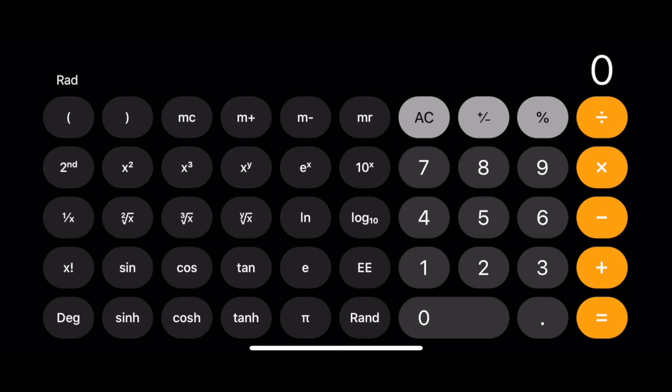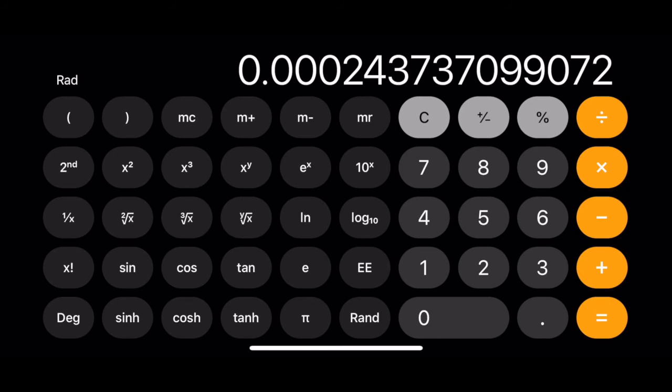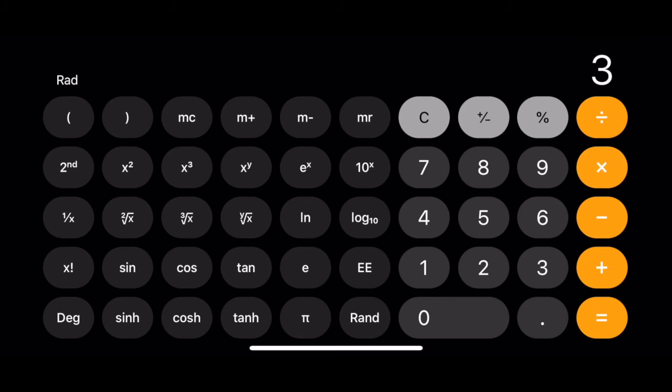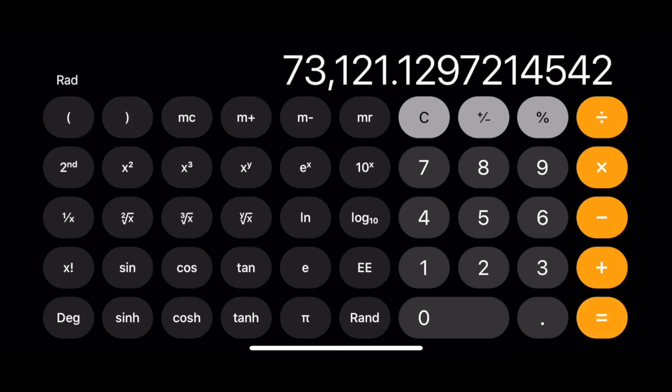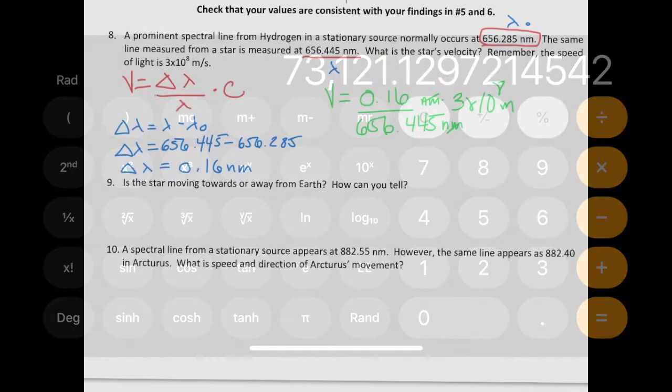So to calculate velocity, I'm going to take 0.16 and divide that by 656.445, and I'll get that giant number. And I want to take that and multiply it by the speed of light. So I'm going to hit the times button, and then again, just to be safe with my order of operations, I'm going to do a parentheses, and the speed of light is 3 times 10 to the 8th, so I'm going to hit the EE button and get 8. And then I will close my parentheses and hit equals, and I get that number,